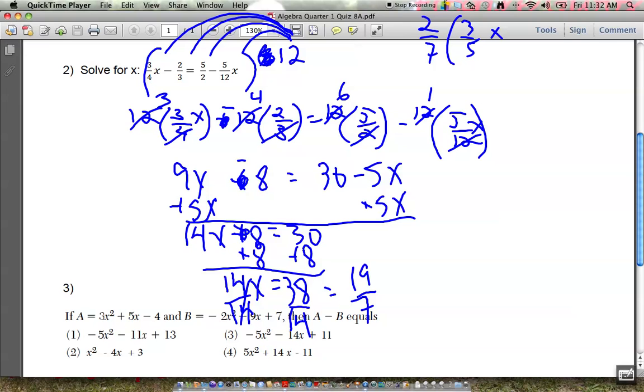And also, Sarah, the truth is that a handful of kids won't get this, and they will get this. So for those kids, they can do it the way we just did it on the quiz. And for the other kids who think this is tedious and methodical, they'll go with this technique. But my experience says that if I have 42 kids in the two classes, probably 35 will do it this way, but 7 will still do it this way. So I want to make sure everybody gets a chance to see it, and then you can choose whichever technique